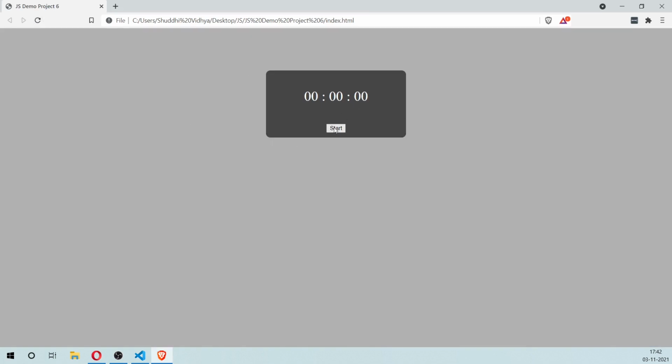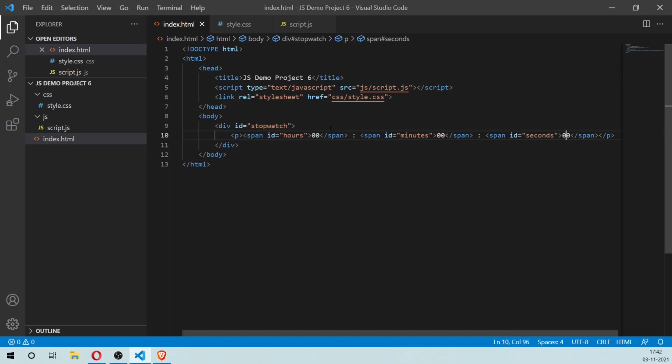Let's also customize these start and stop buttons.